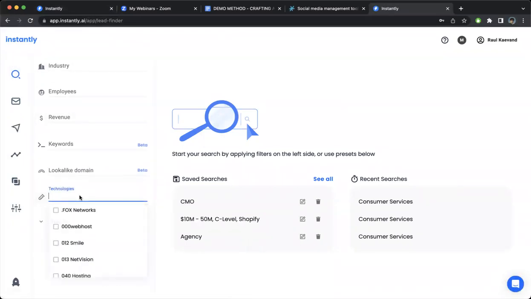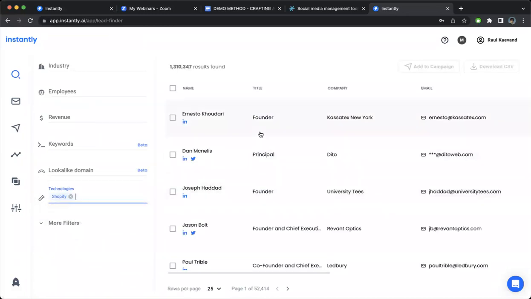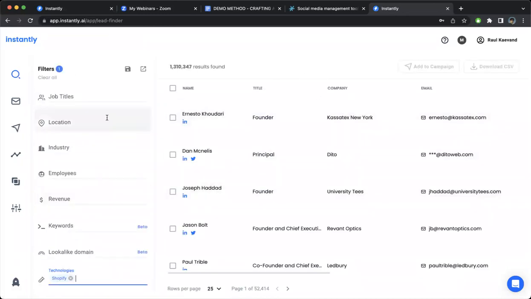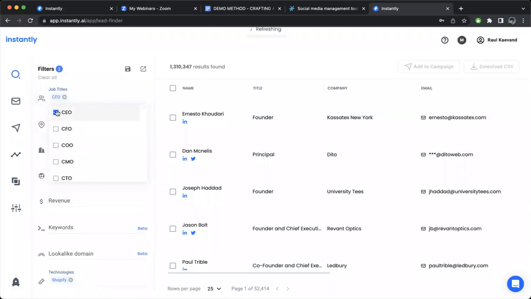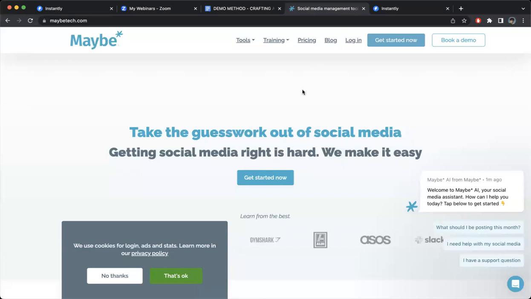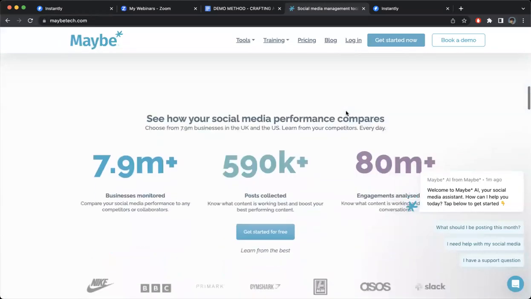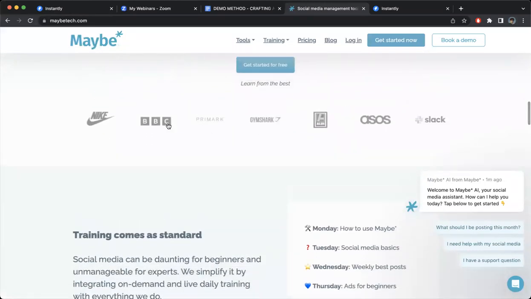Let's say we can use technologies, we can use Shopify. I can find those Shopify leads exactly that you want to target. So I'll find all the Shopify leads, and then we can create campaigns to them. Let's take only the CEOs or target decision makers. And now I can create a campaign, all these Shopify e-commerce stores' CEOs, and we can show them a client that you had. Let's see if they have a client training. I can't see a client right now,